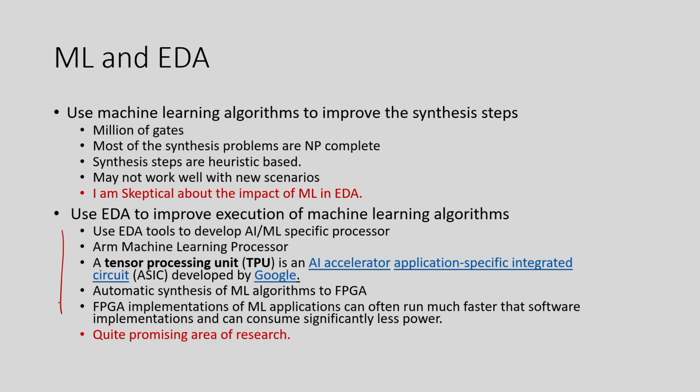Similarly, there is one more direction, which is more relevant for this course: can EDA help improve the performance of machine learning algorithms, right. That is, can we build a hardware accelerator for machine learning using EDA tools. If you look at the current context, a wide variety of such applications are coming, and it is a very popular area of research, and in this area high level synthesis is very useful and very relevant, right.